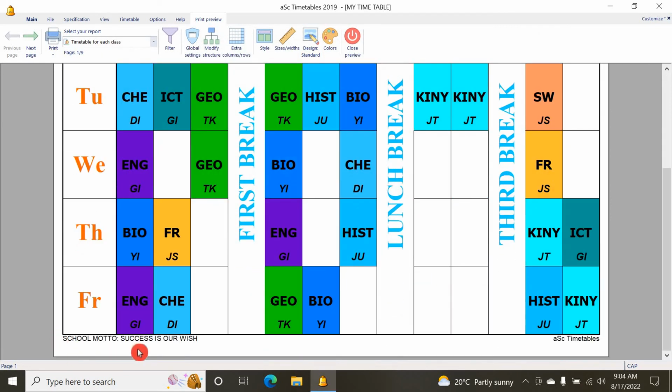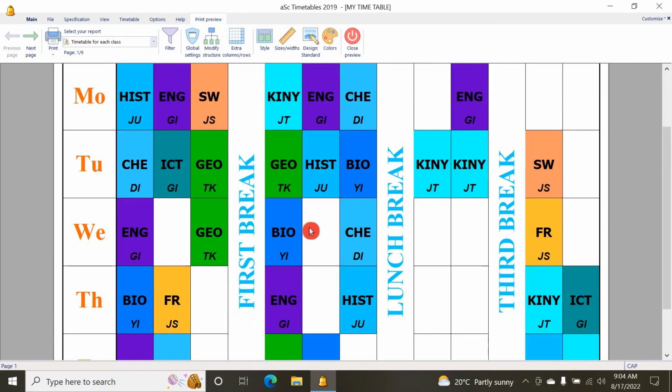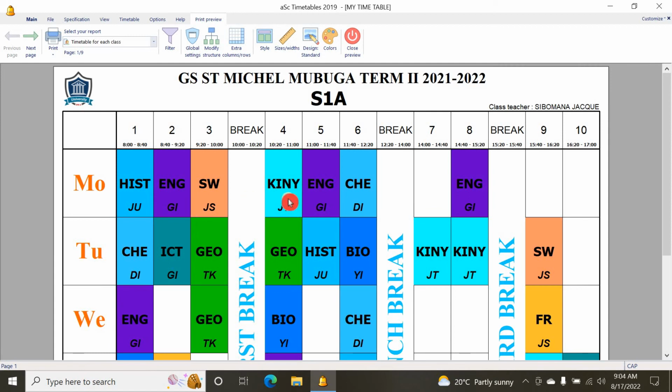Now we have the school motto, but if you don't put something here, this aSc TIMETABLES system will just make its own footer. You'll put here the date of generation. Now you see how my timetable is looking nice. You can just go there and